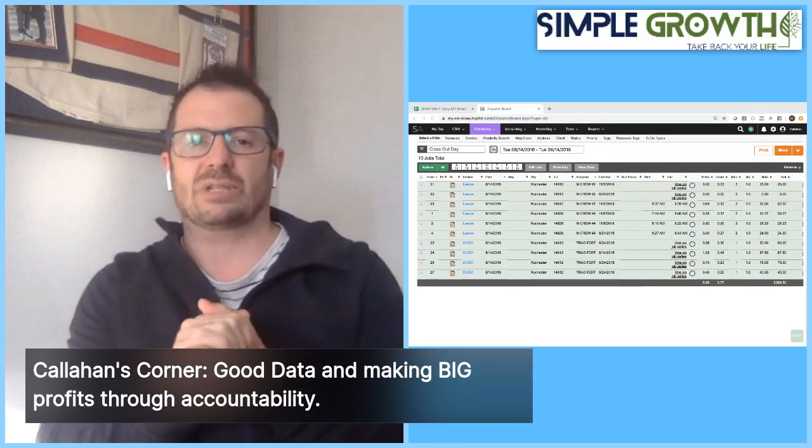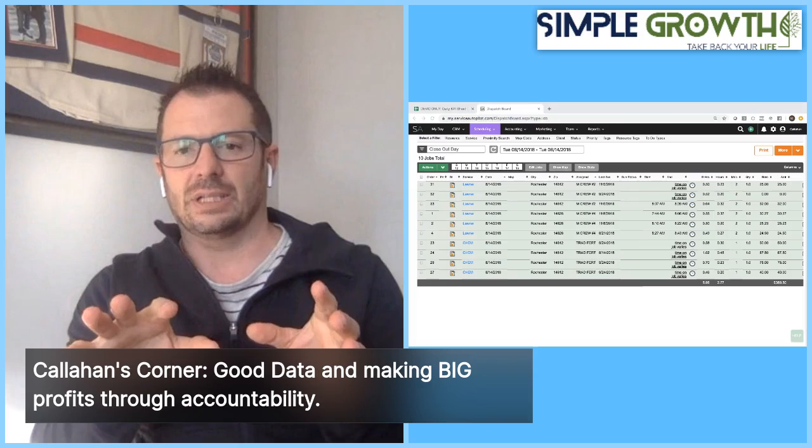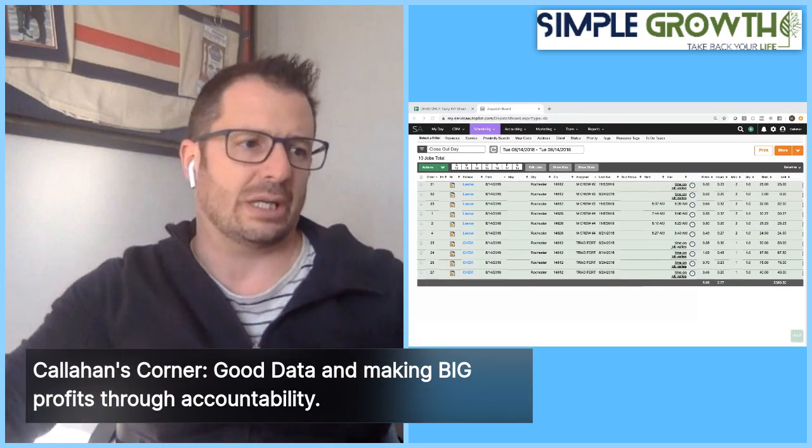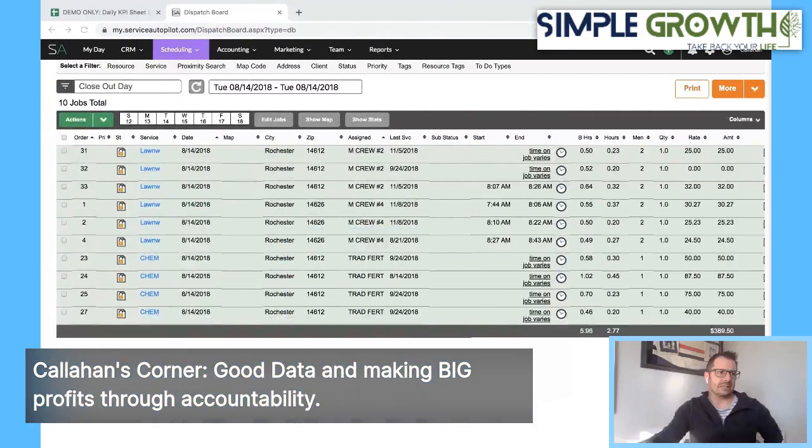But as we're diving into it, the first thing we want to look at here is on my screen. I'm going to dial it down. But basically, we've got some fictitious accounts here, and normally there is the client's name here in the column, but I've shrunk this down just so you can see everything on the same screen. But all these different stops here are, in this example, lawn mowing or fertilizing. The idea is I just want to give you an idea of what the data looks like and what we're